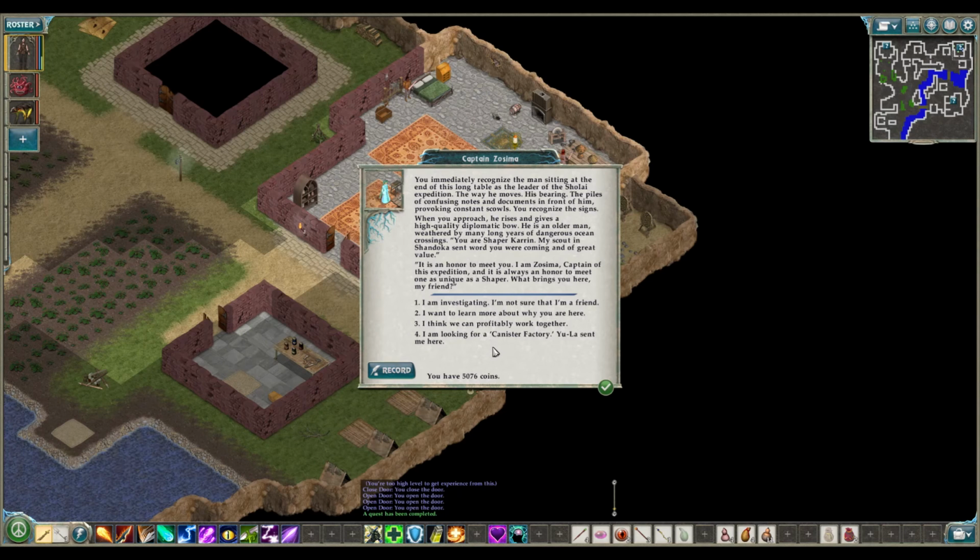Captain, you immediately recognize the man sitting at the end of this long table as the leader of the Schulte expedition. The way he moves, his bearing, the piles of confusing notes and documents in front of him, provoking constant scowls. You recognize the signs. When you approach, he rises and gives a high-quality diplomatic bow. He is an older man, weathered by many long years of dangerous ocean crossings. You are Shaper Corinne. My scout in Sanduka sent word you were coming and of great value. It is an honor to meet you. I am...